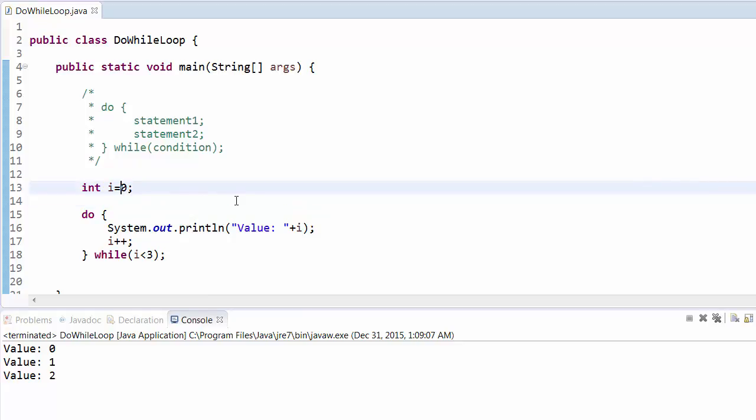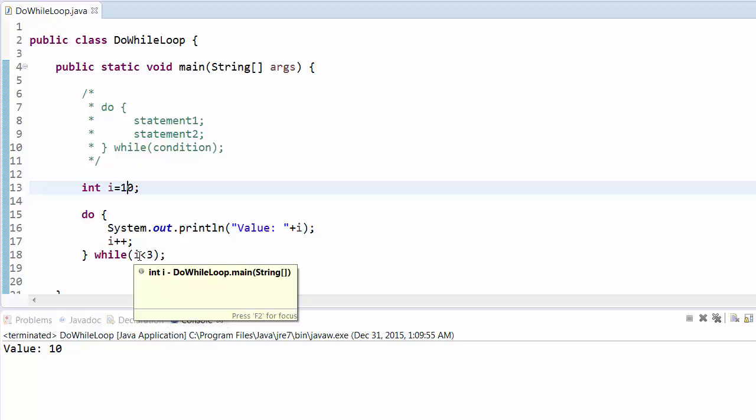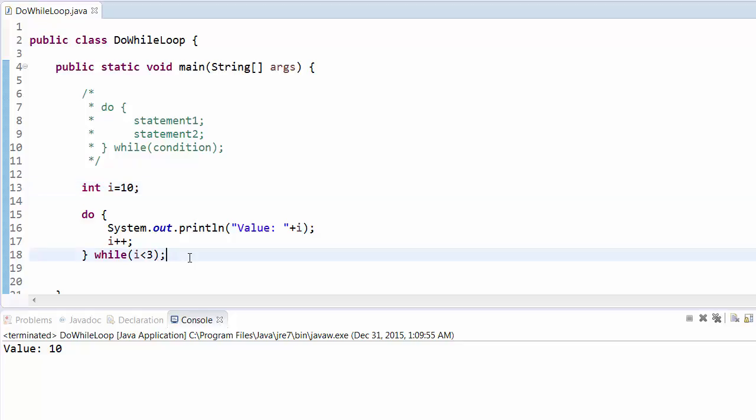So for example, if i is 10, let's say, and our condition is i should be less than 3, it does not match, but when you run this program it will print the first value because it says print value equal to 10. So it will say i equal to 11, and then it will check the condition that this is 11, so it does not match, then it will exit from the loop, right? So that's all about the do while loops.